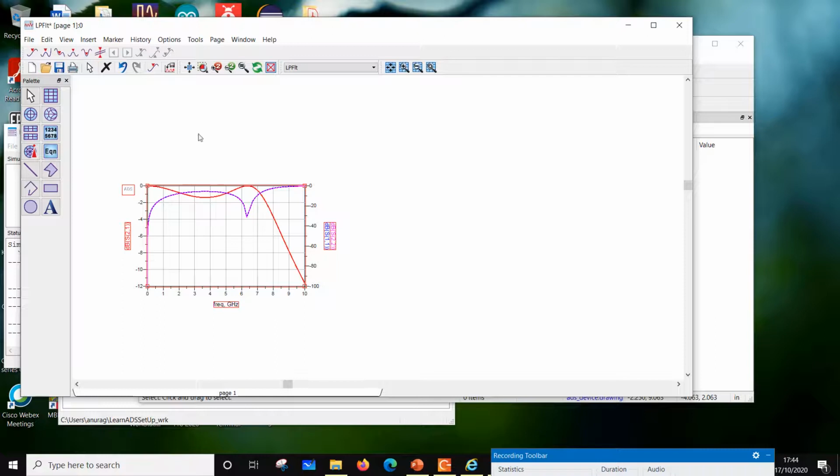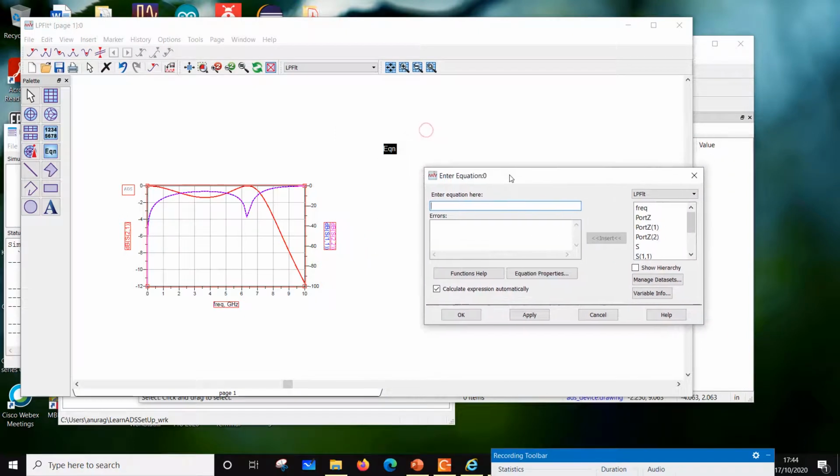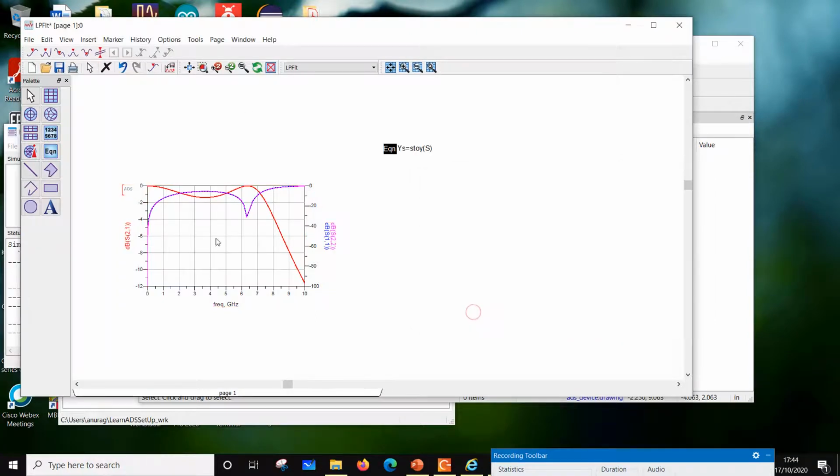Okay, so that's there. Now I can do post processing. For example, if I want to know the inductor value, first I will convert S to Y. So let's say Ys is equal to S to Y of S. So this is going to be converted to Y parameters. Then I can say what is that inductor.